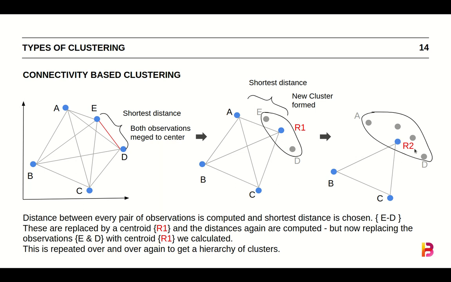Again we repeat the same exercise. So now we have two clusters. The first cluster was this. Now there is a cluster between A, E and D. And this algorithm repeats itself until it encompasses all the elements in our observation. So what's happening here is that repeatedly we are seeing which of the observations are closest, and then we iteratively do the same thing until we have covered the entire data set.